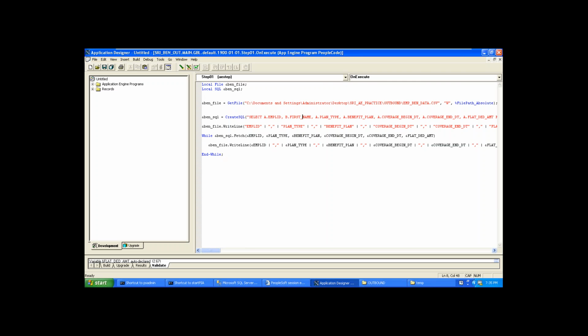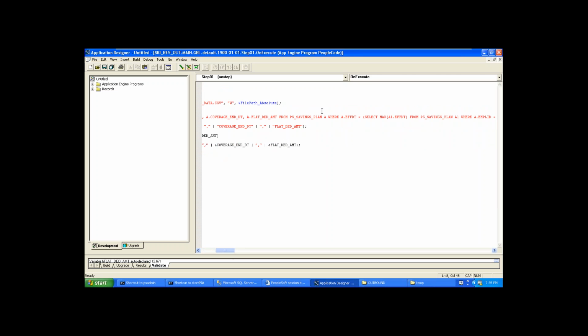Okay, first name. Comma, PS underscore personal underscore data B, where there is a common key field, employee ID equal to B dot employee ID. Now at the end here you will add name also.